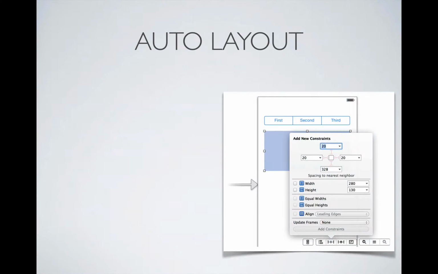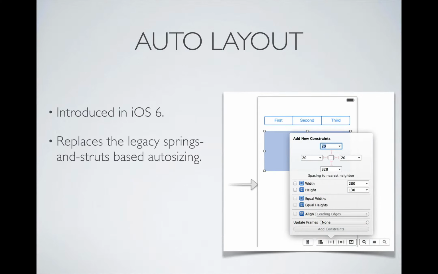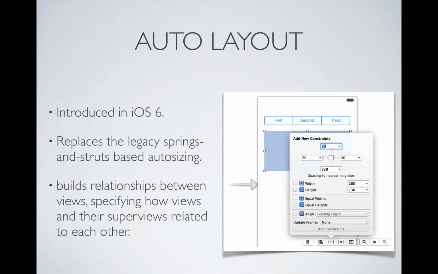So auto layout was introduced in iOS 6 and it replaces the legacy springs and struts based auto sizing. You might still run into the legacy approach if you're using various open source Cocoa controls and other components you're finding on the internet. But if you're writing your own application, a new application from scratch, you're obviously going to use auto layout. You're not going to want to use the legacy approach. So the whole idea here with auto layout is that we're going to build relationships among the views and specifying how the views, the peer views as well as their super views are actually related to each other from a